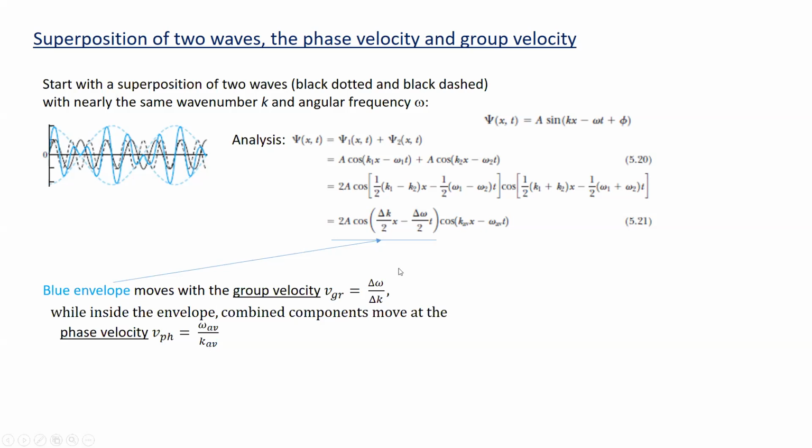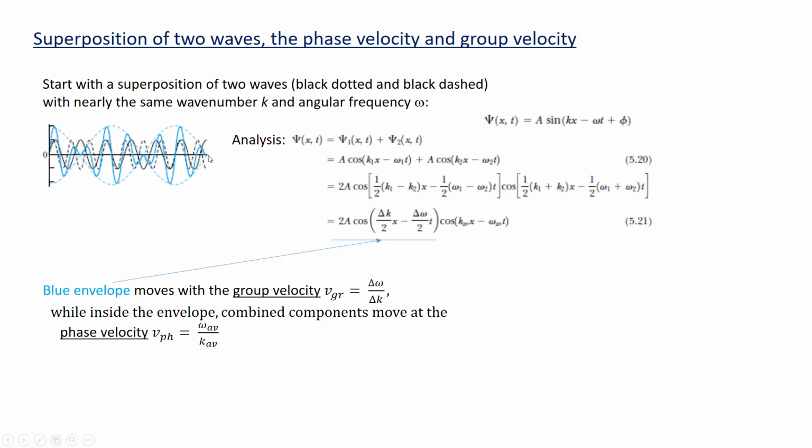Okay, so in general, wave velocity can be written as omega over k, and we have the group velocity, which defines this moving envelope of the combined waves, and the phase velocity, which defines the individual component waves moving along within